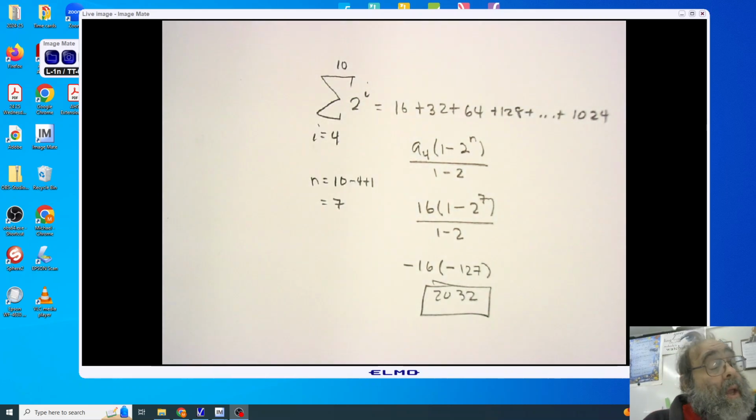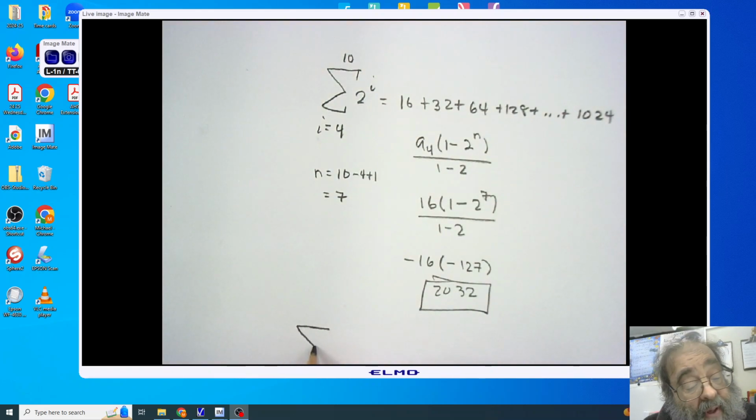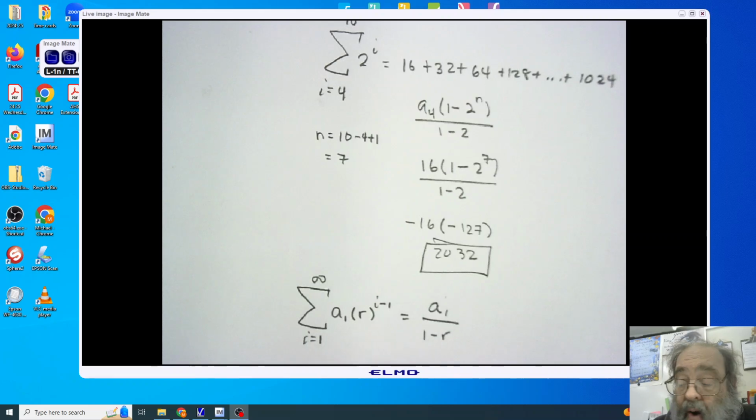Now, when we're talking about an infinite geometric series, please remember that we're now talking about the summation, as i starts from 1 and goes to infinity, of a sub 1 times r to the i minus 1, and this is now the formula a sub 1 divided by 1 minus r. So let's say our first term a sub 1 is 3/5, and our r is 1/3. Putting this into our formula,